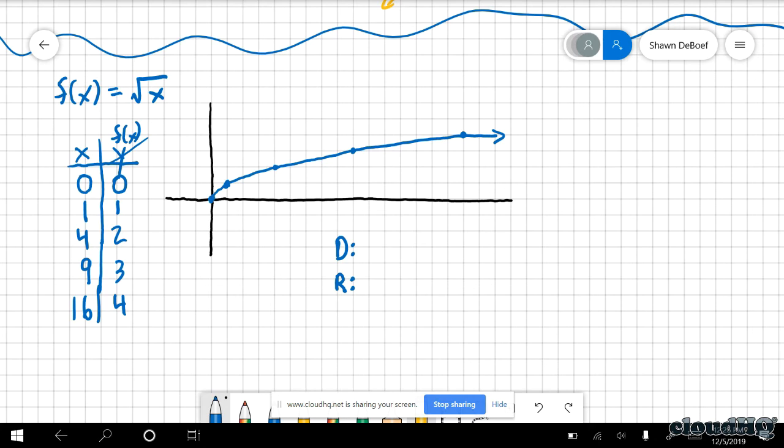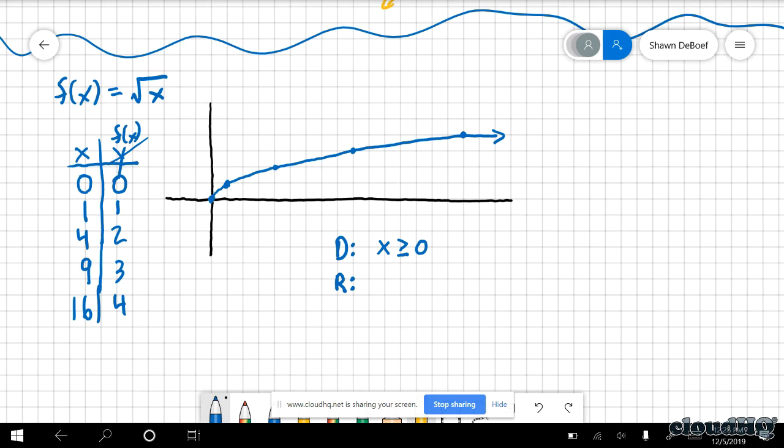Every problem that we've done in Algebra 2 prior to this one had a domain of all real numbers. Are we allowed to use all x values in this problem? No, this is our very first problem that didn't have an all real number domain. What is the domain here? What x values could I use? X had to be greater than or equal to 0.